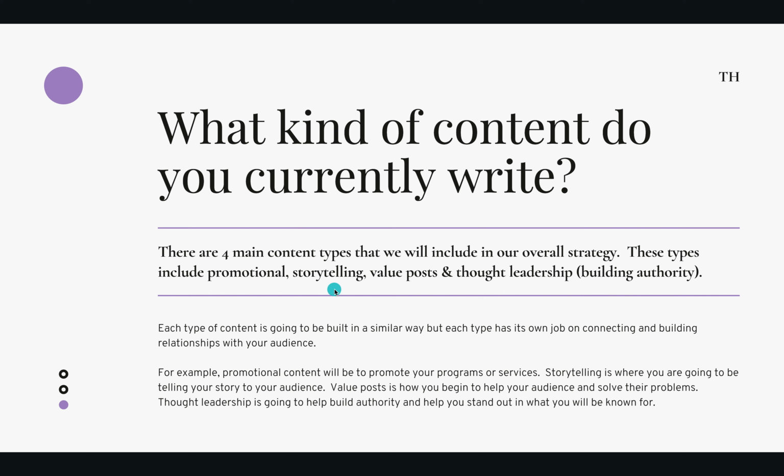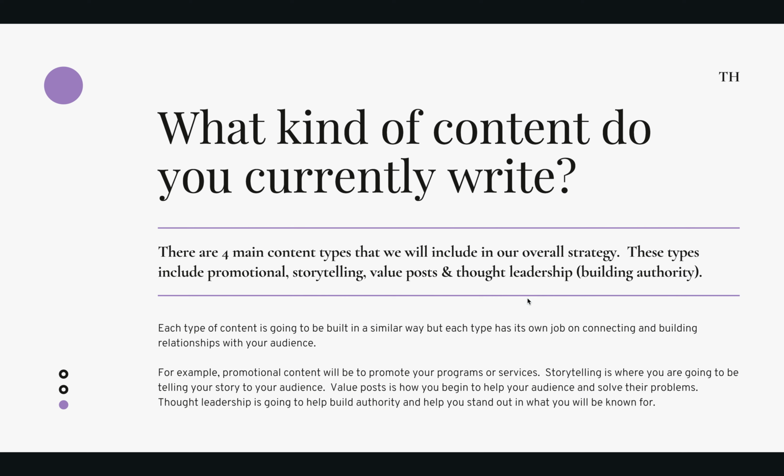Storytelling is how they get to know us and start relating to us, how our audience can start resonating with our content. Value posts give them helpful tips, insight on how you help them and how you work with people, and solutions to their everyday problems. Thought leadership is definitely going to be building authority.